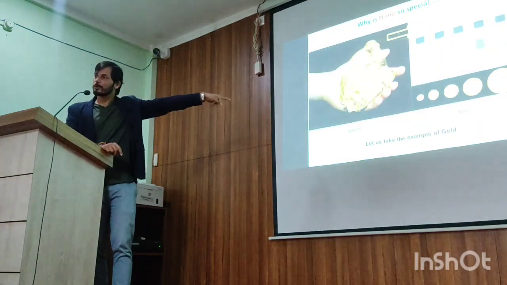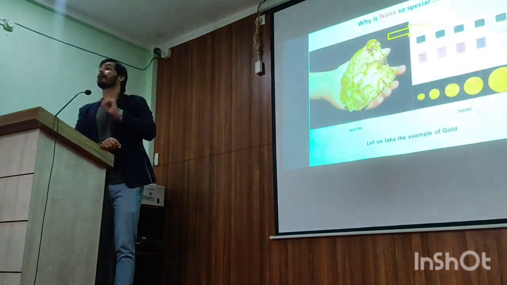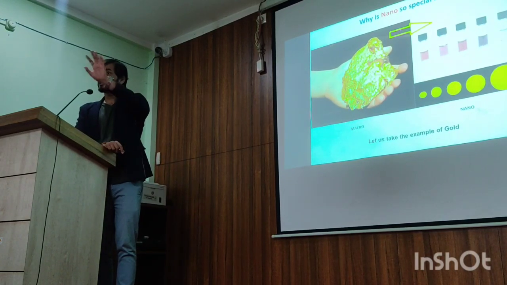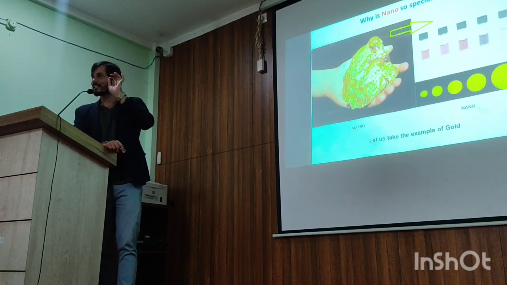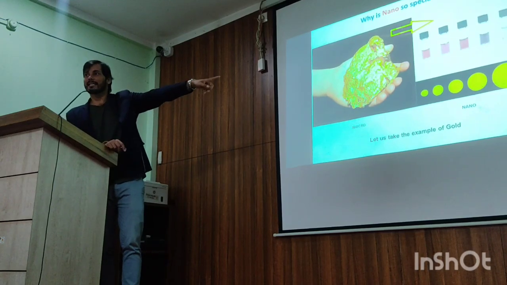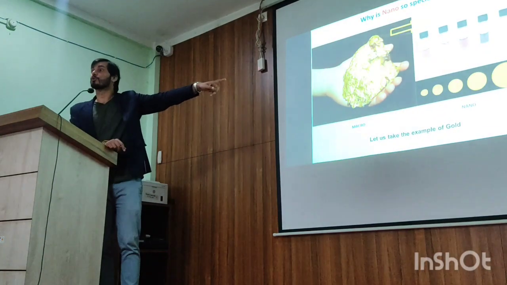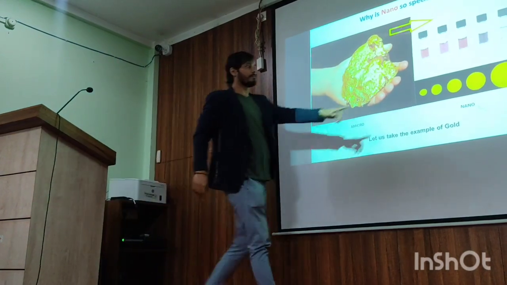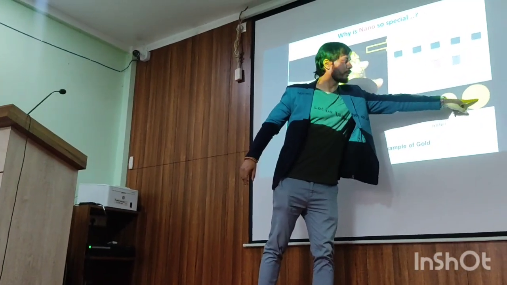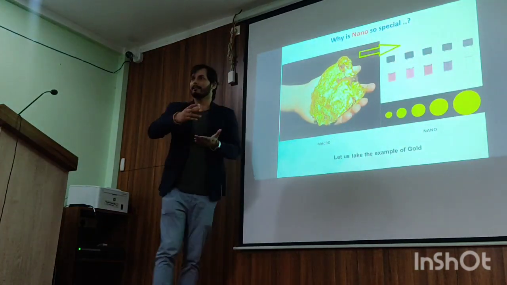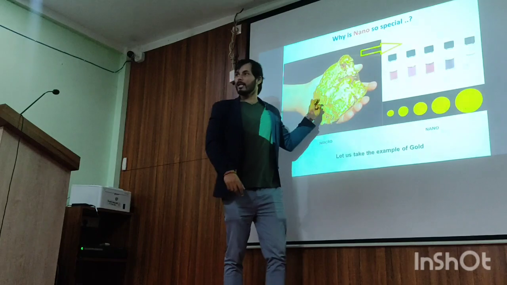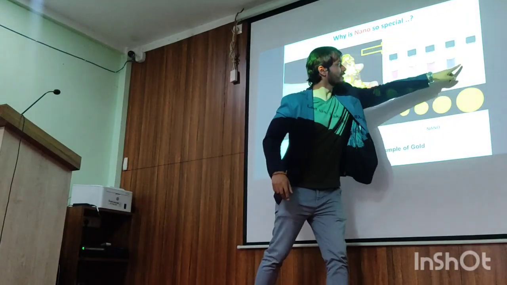Now the thing is, if we take this gold into the nano world, meaning a scale of 10 to the -9, there comes the interesting factor. On the right side you can see the colors. Now if you have a 100 nanometer particle and break it into a 50 nanometer particle, the color did not change. But here you see,